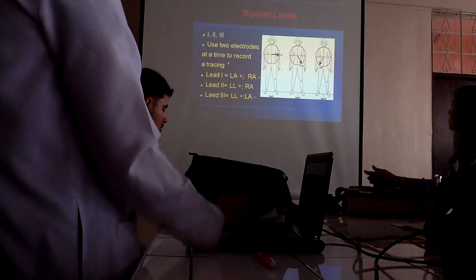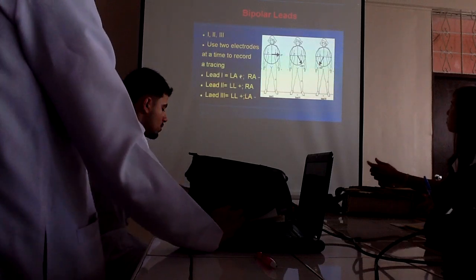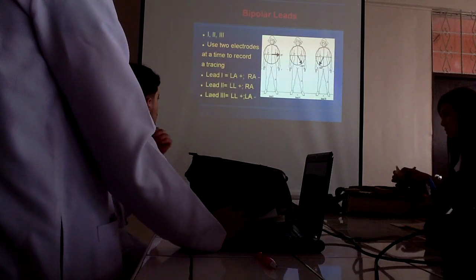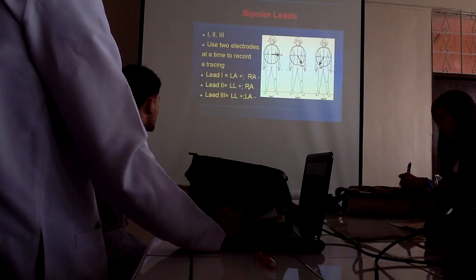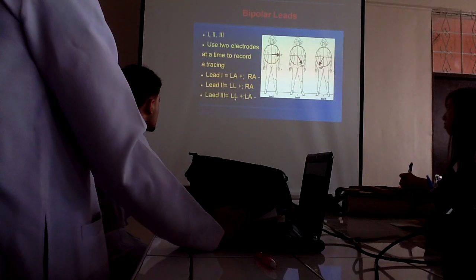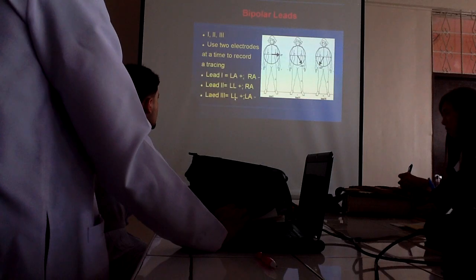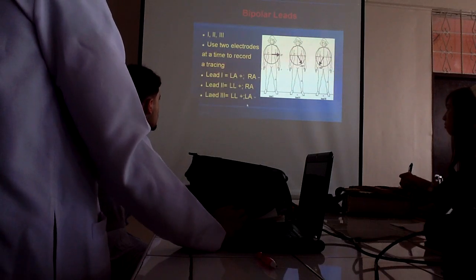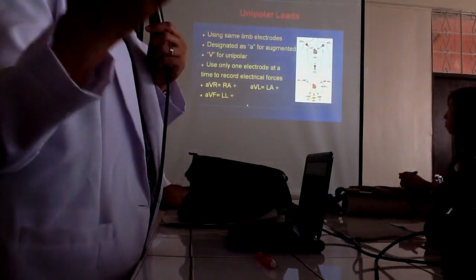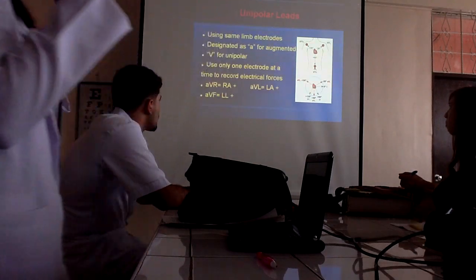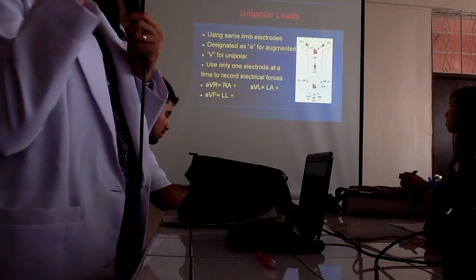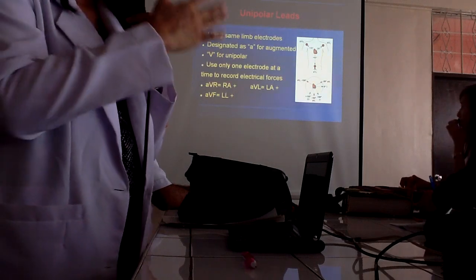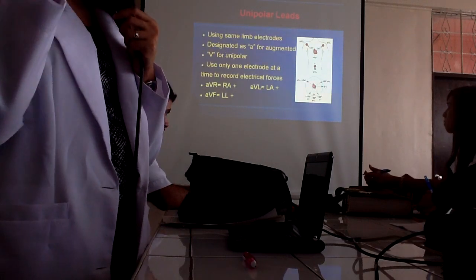Because it needs two electrodes, for example, your left arm is positive, your right arm is negative. Your lead 2, left leg positive, RA negative. Lead 3 is our left leg positive and left arm negative. Nice to know. Okay? Because you use those positive and negative with QRS complexes. But I will just discuss that in passing because it's a bit complicated.